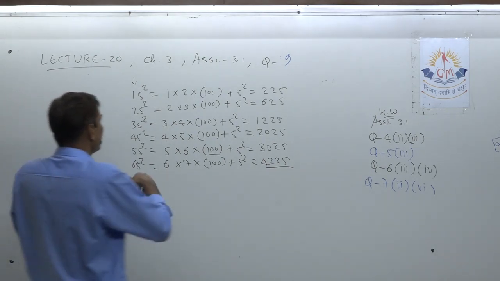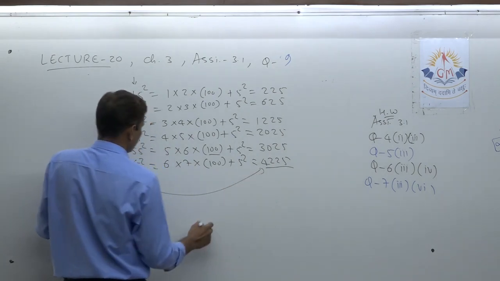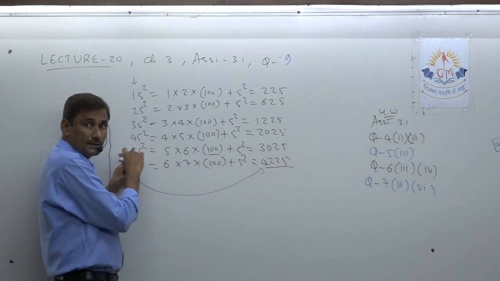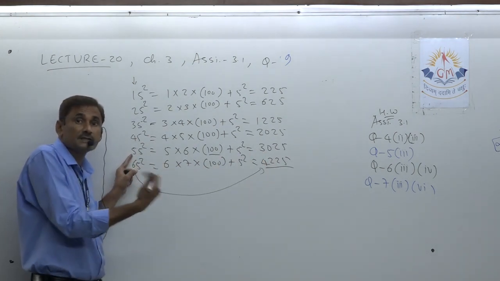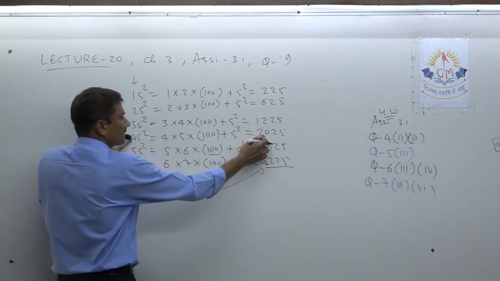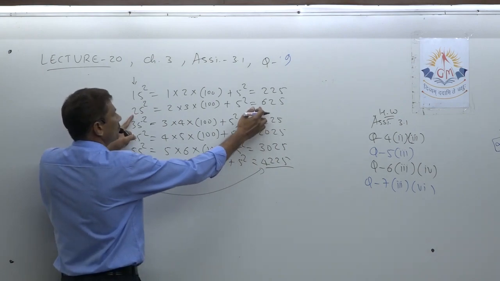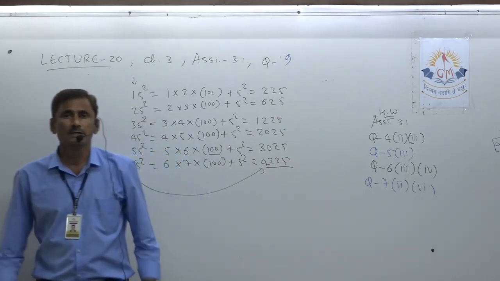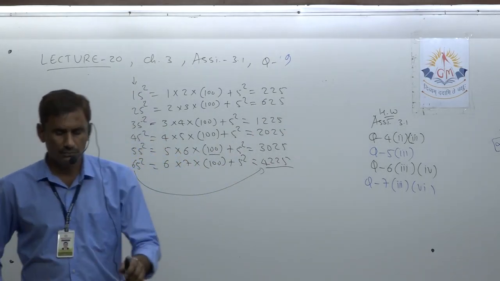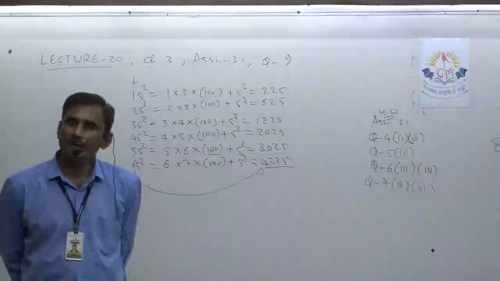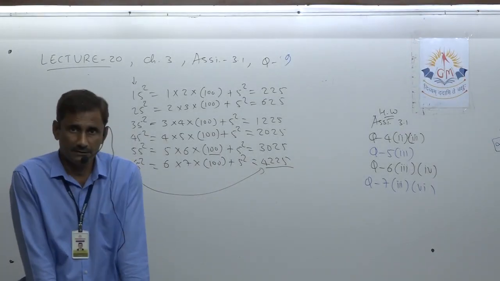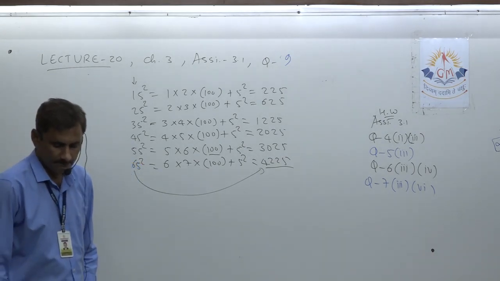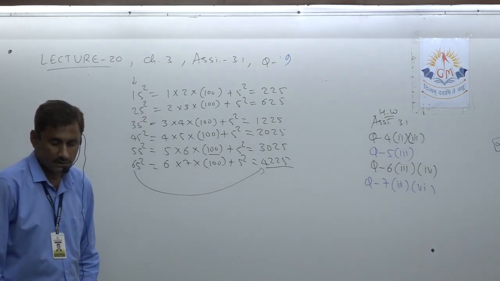And now remember, directly you should write here: 6 and 6 sevens are 42, 5 sixes are 30. It means this tens digit number is multiplied by the successive number. Here 4, so 4 fives are 20, 3, so 3 fours are 12, 2, 2 threes are 6, 1, 1 twos are 2. Then the last two digits are 25, so no need to multiply them. Directly you can give the answer when the unit digit is 5. Okay, so you can give the answer of squares directly, nothing to do. So this was question number 10.